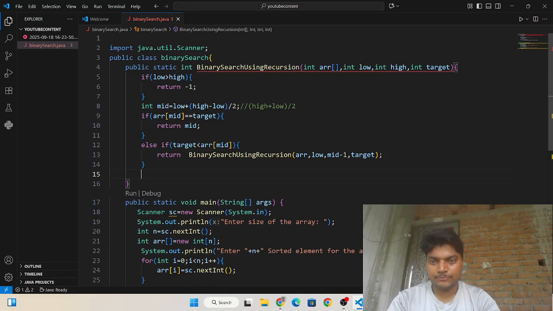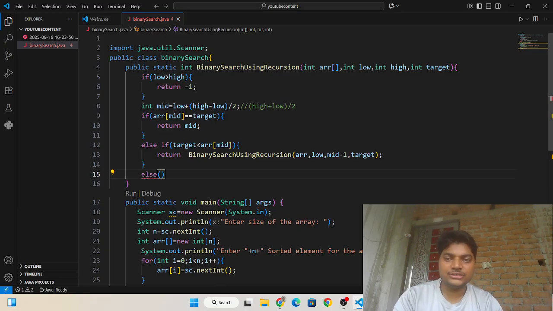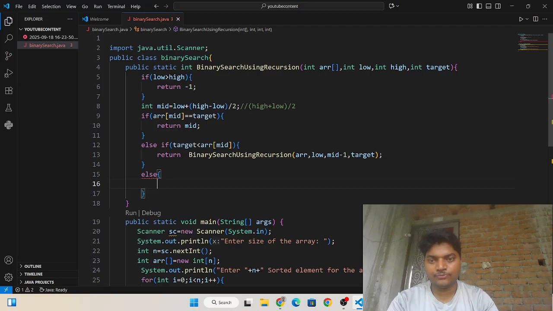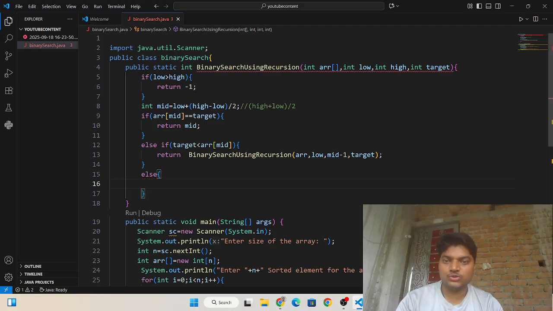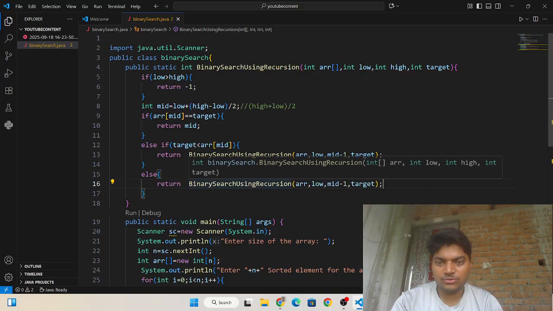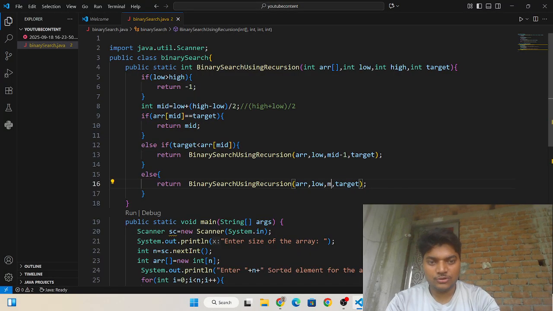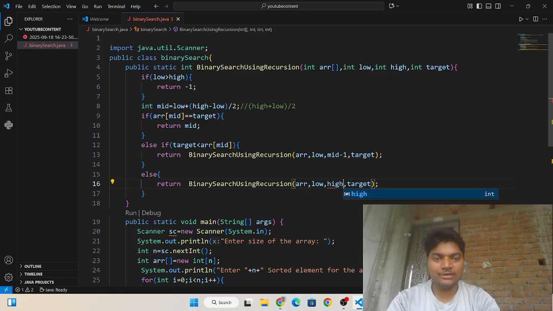And if not like this, it means your target is present in the right. So I need to do a recursive call again, and I need to modify low. High will be the same and low will be mid plus 1.